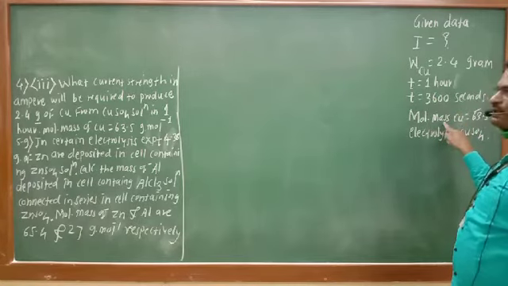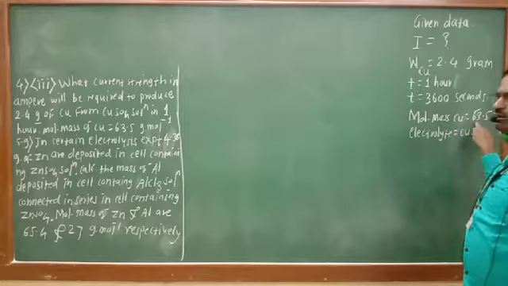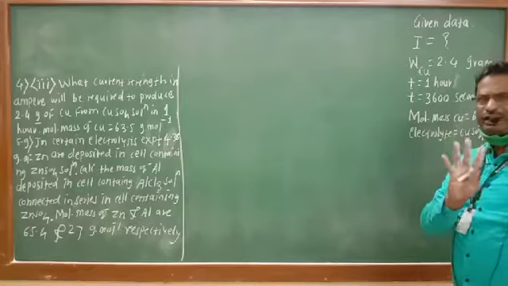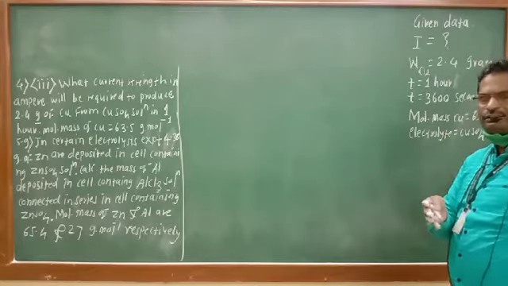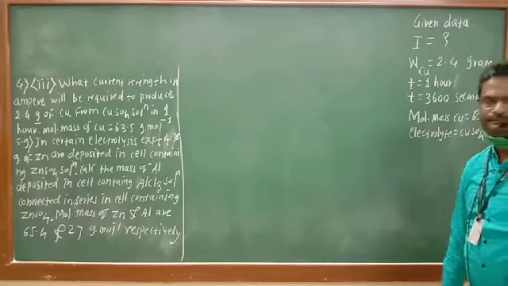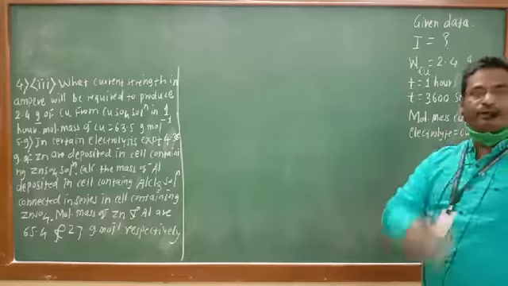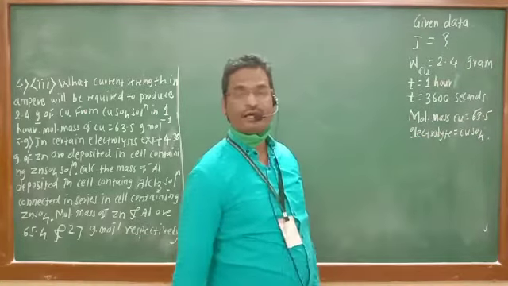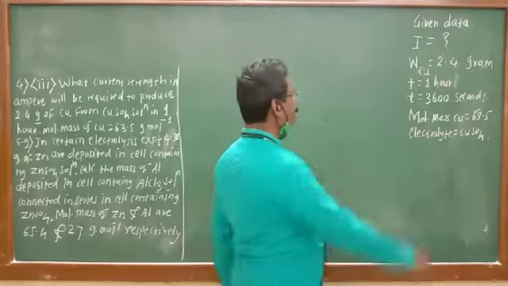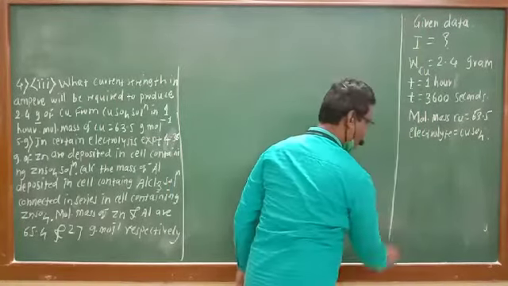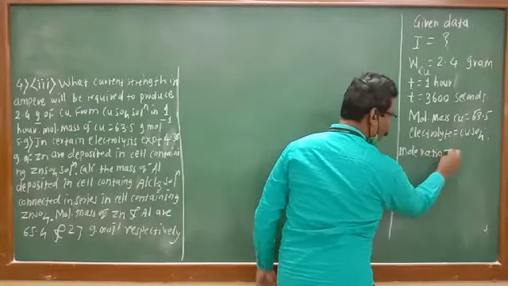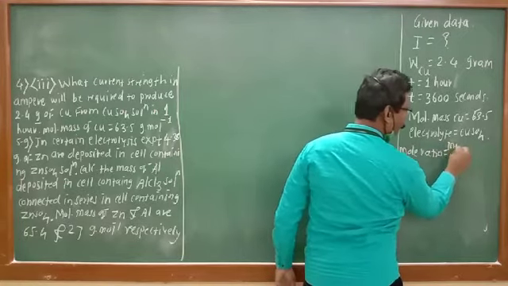Then molar mass of copper 63.5 gram per mole, and the electrolyte of copper they have given is copper sulfate, not copper chloride, not cupric chloride, not cupric bromide. The name of the electrolyte is also important because we have to calculate the mole ratio. Mole ratio is important here. So I am telling you the calculations of mole ratio. We know mole ratio is equal to, what is that formula?